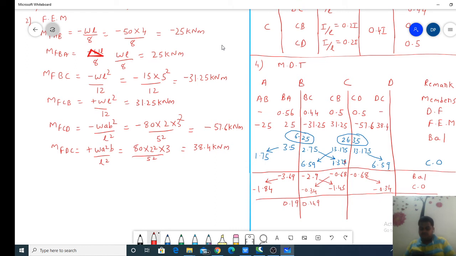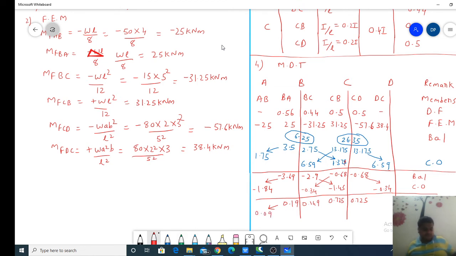1.45 into 0.5 comes out to be 0.725. So this is 0.725 here, and here it is 0.725. This is the balance. The next step is carry over. Carry over means half of this needs to be transferred to here, that is 0.19. So 0.19 half comes out to be